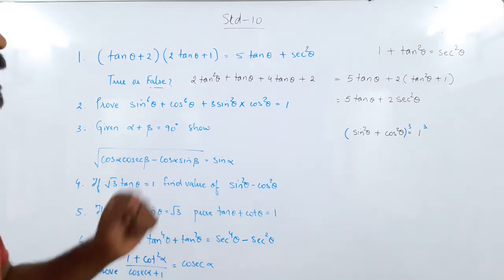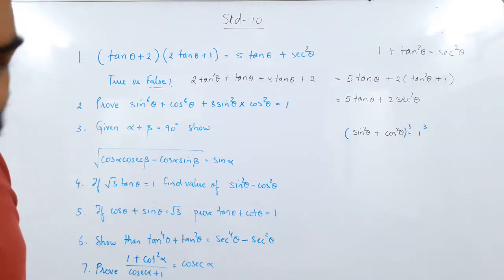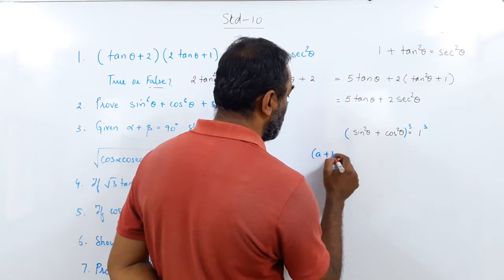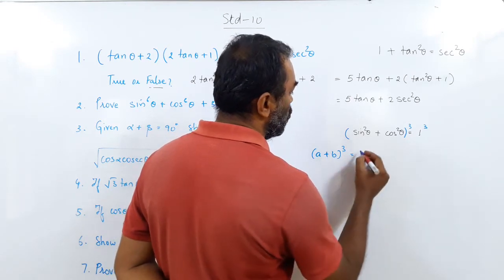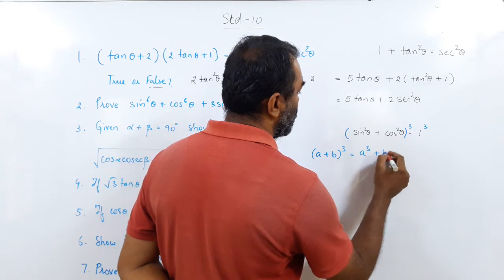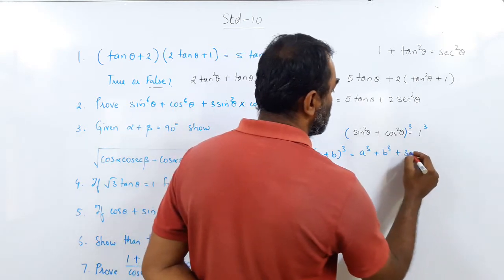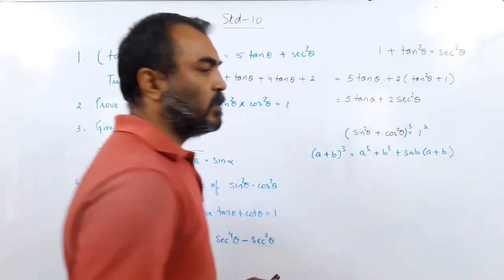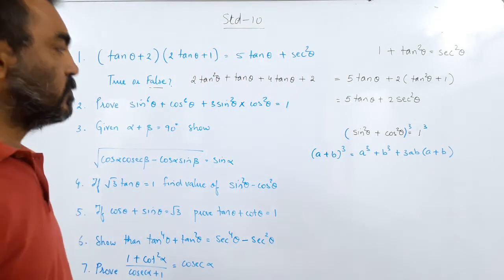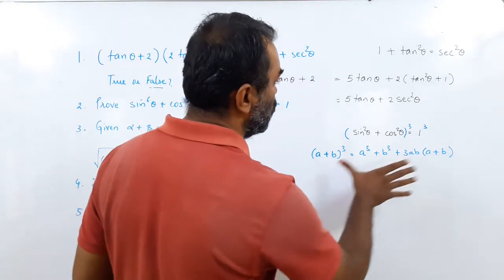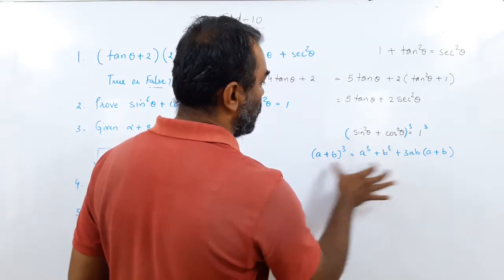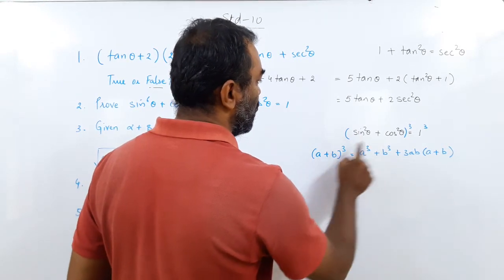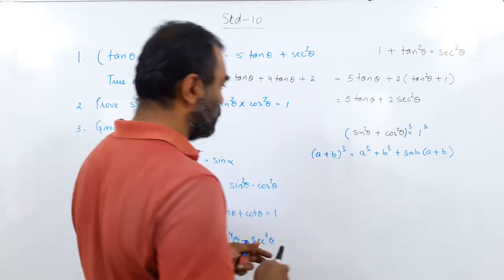Now, when I cube both the sides, I should know the identity. Which identity should I know? Algebraic identity. What is a plus b cube? a plus b cube is a cube plus b cube plus 3ab into bracket a plus b. See mathematics here, when you cram things may become difficult, but we'll use this identity. So look at this, compare. What is our a? Sin square theta is our a and cos square theta is our b.